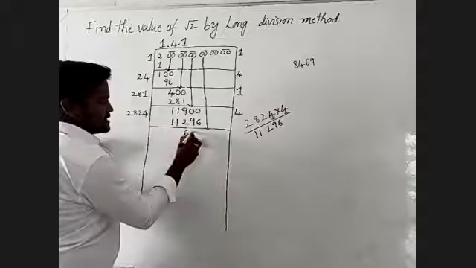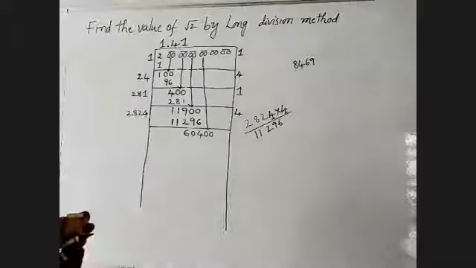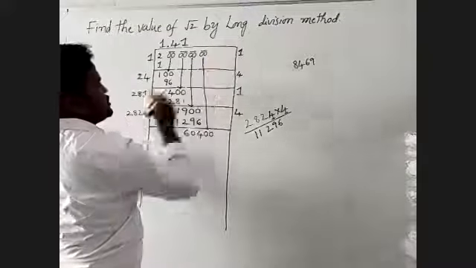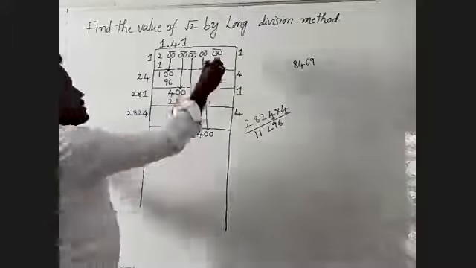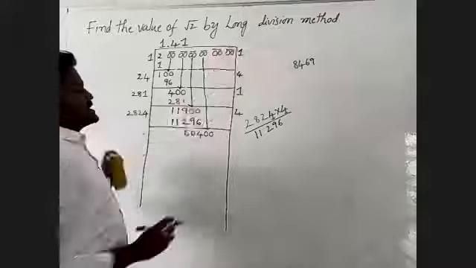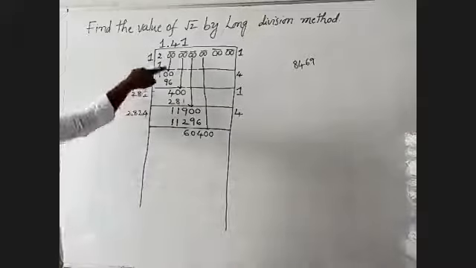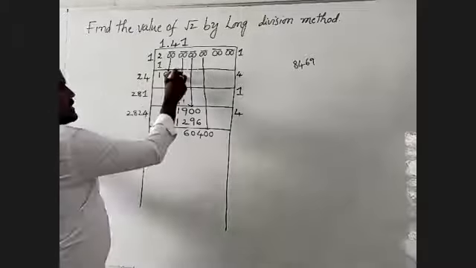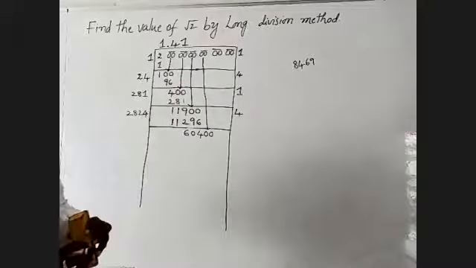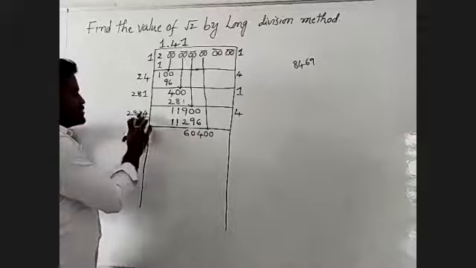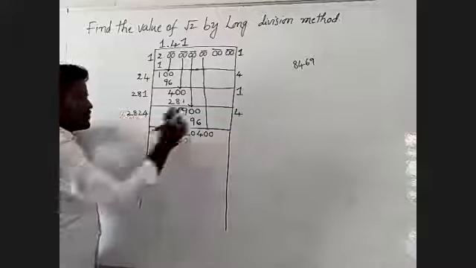That is 60400. Then the remaining two zeros will be taken after 10. You will observe in this one here. 1, 2, 3, and 4 steps will be completed. Now I am going to the fifth step. Here 2824, then the number is 4, that will take 2824 plus 4 becomes